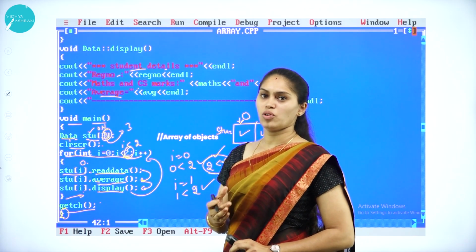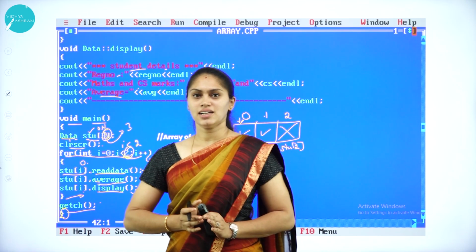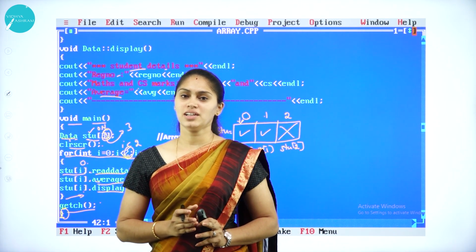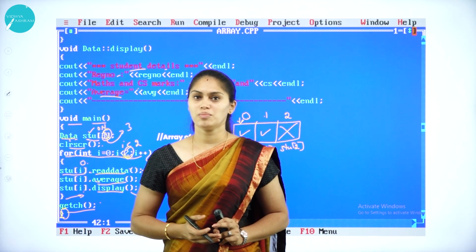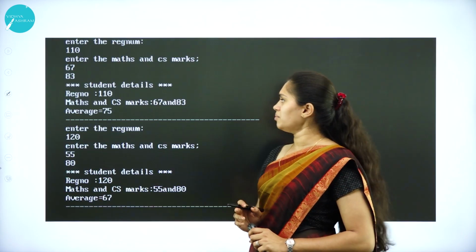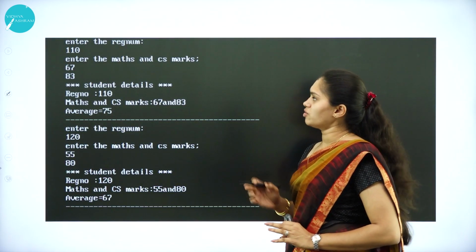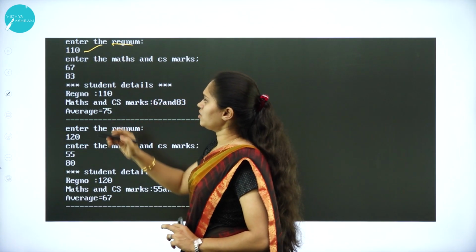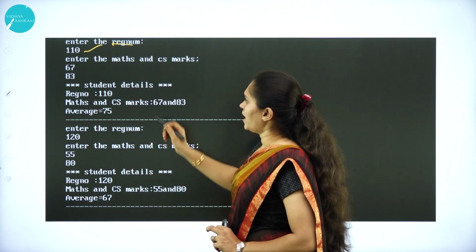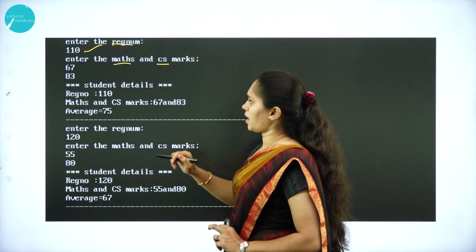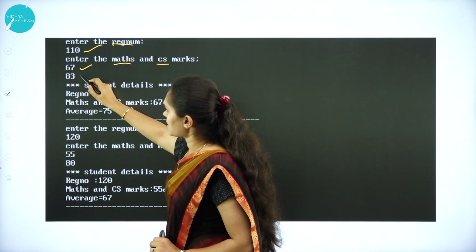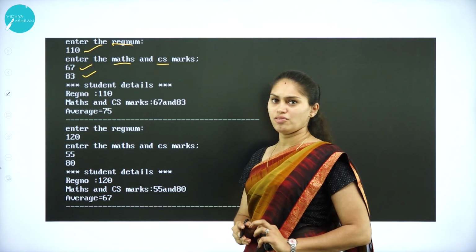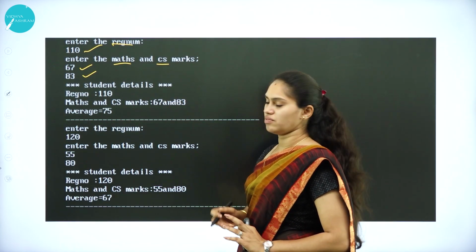Instead of creating many objects, I can create the same kind of object with the help of this array of objects concept. Then how will the output look? First it will take the register number. So here I have given 110 as the register number and then entered the maths and CS marks. So I am giving 67 and 83. After taking these, the display function will be called.